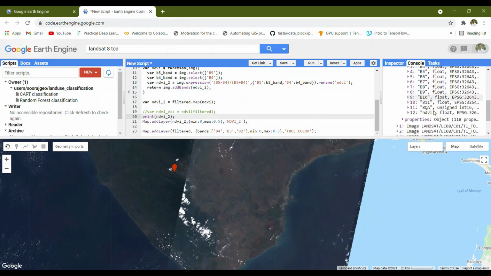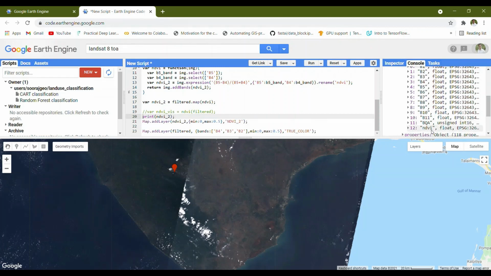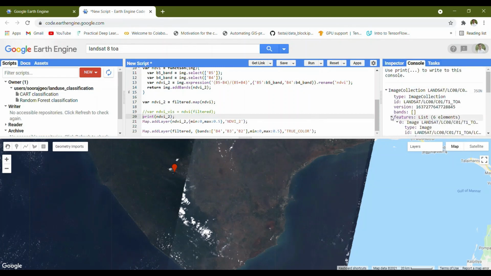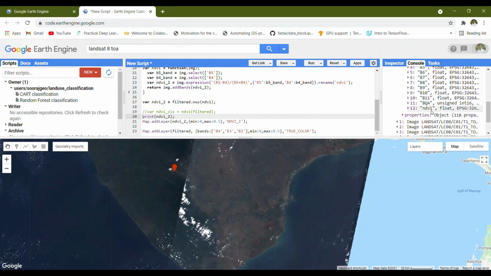It begins from 0, so this is the 13th one, NDVI. Actually I have not given the visualization parameter for this. I have not mentioned the band which I want to visualize. I simply put min and max. I actually have to put the bands also. Bands, the string NDVI. This is a string. So this band I want to visualize. I was visualizing some other thing. So if I now run this one,